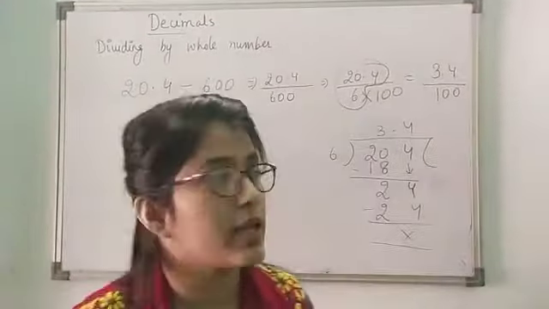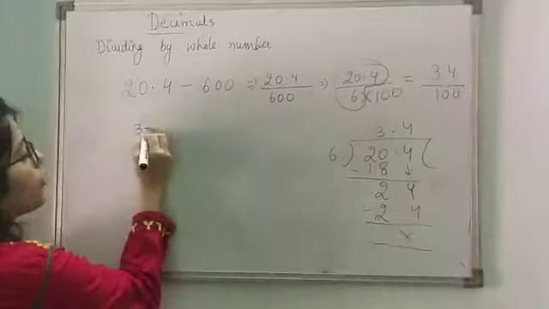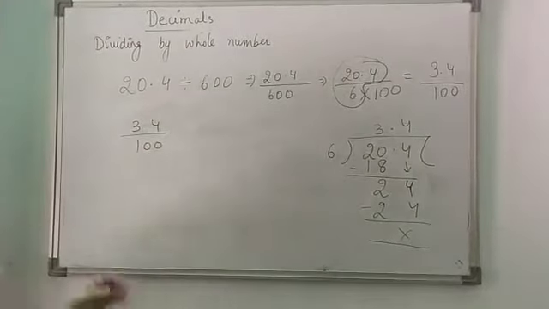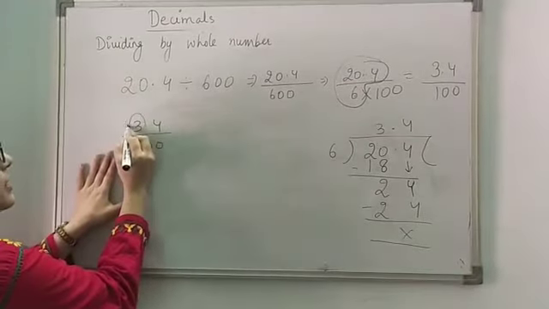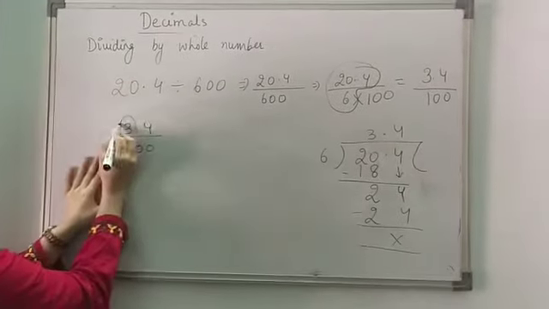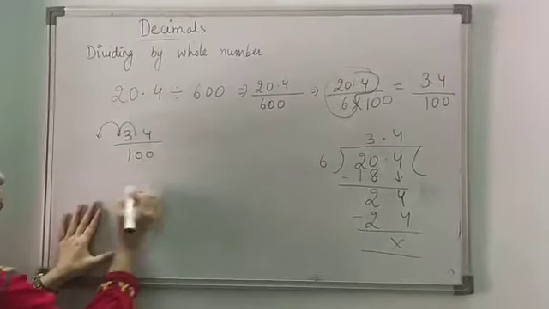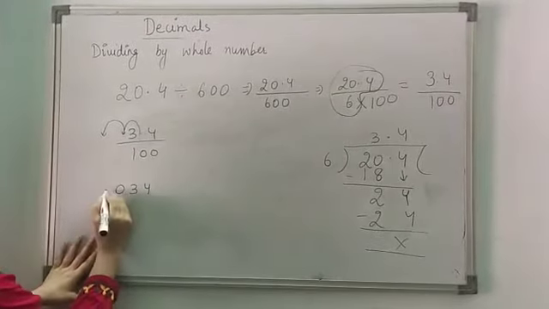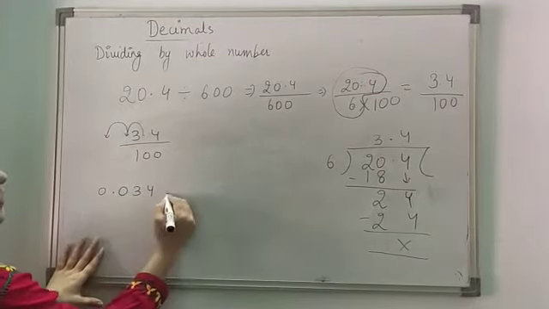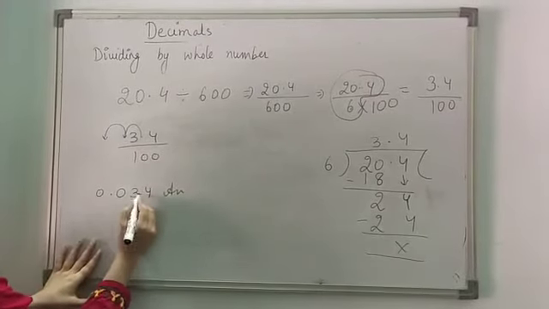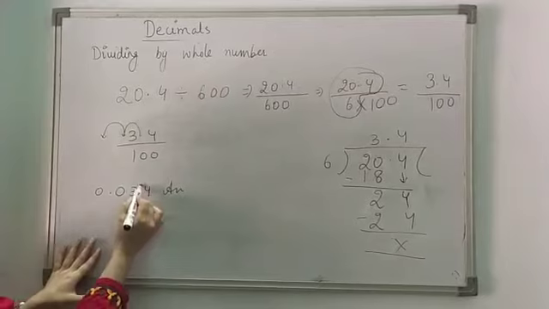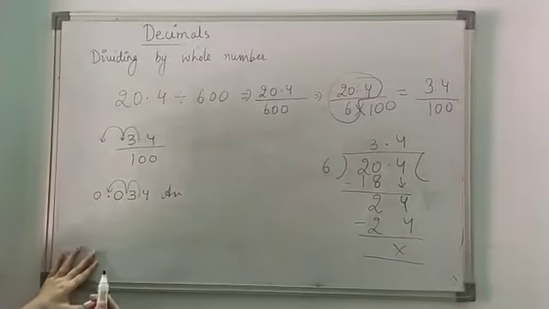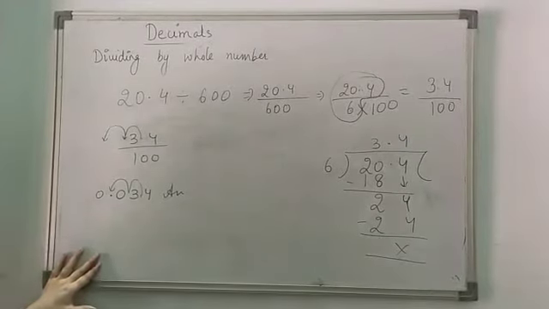I have already explained this to you. So 3.4 upon 100 is there. That means 2 places we have to shift the decimal. One place you will shift, then again one more place. So you will get 3, 4 as it is, with 0 one here and here. This will be your answer. Why? Because the decimal is this side. So when you shift 2 places, after 2 places you put your decimal sign.